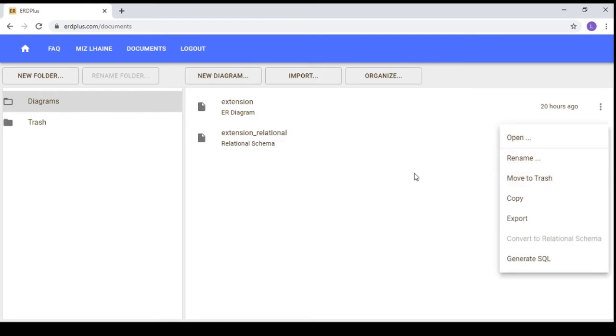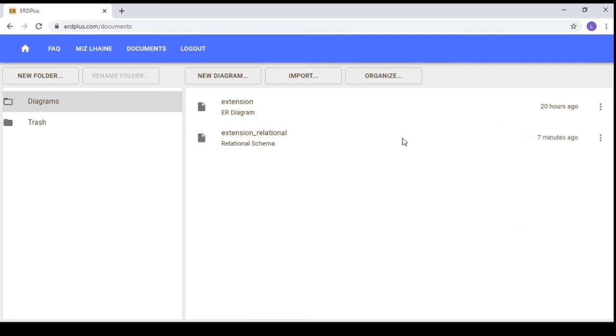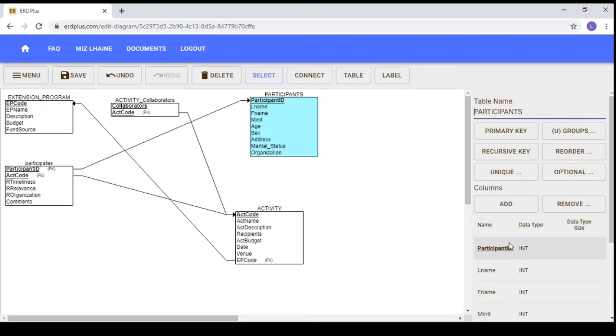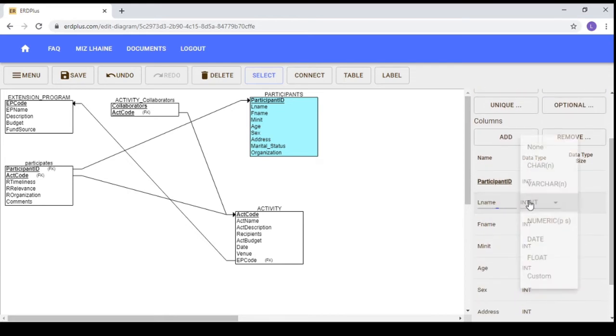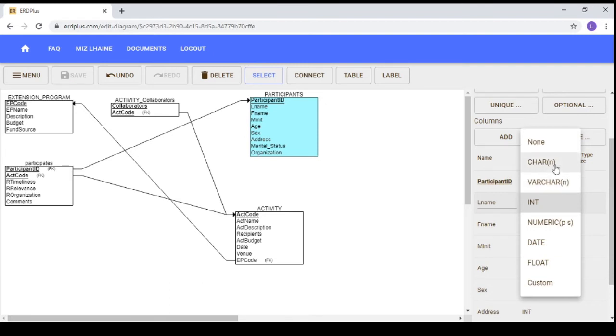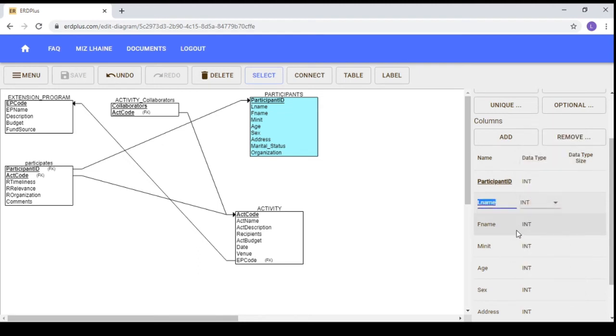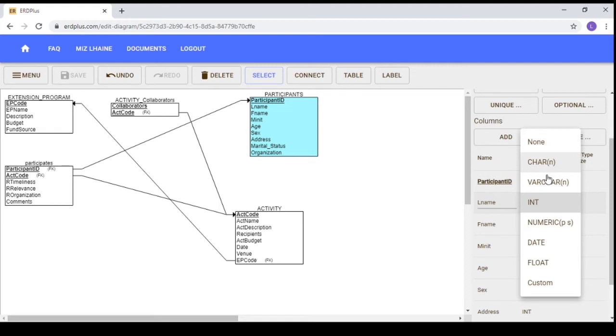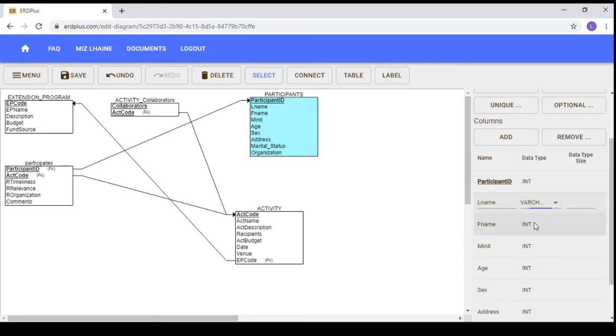So for you to be able to edit it, you're going to click this one, the relational schema, and then we're going to edit here. So you can change it to character, varying character, numeric, date, float, custom, and so on and so forth. So we have here varying character, you can also have varying character,